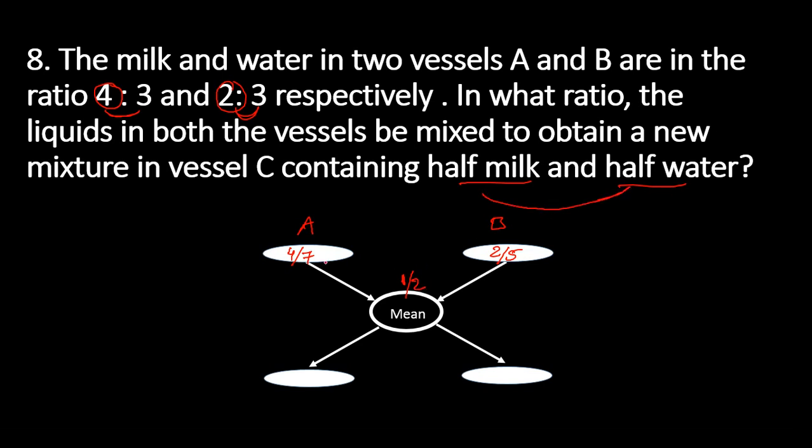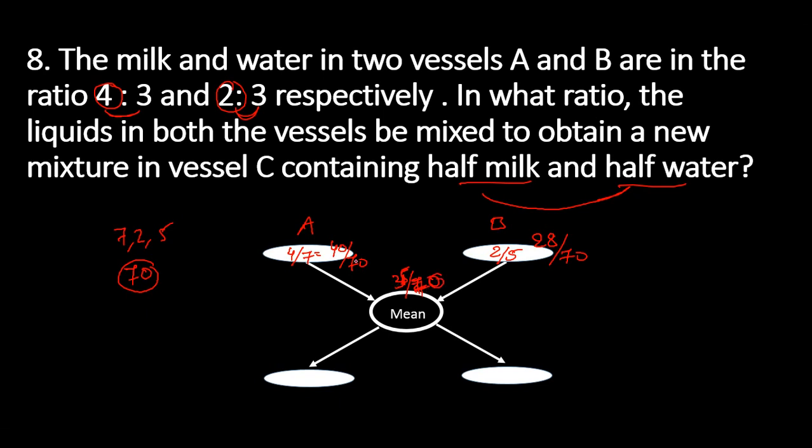Now again here, what are the numbers in the denominator? The numbers in the denominator are 7, 2, 5. Simply take the LCM. If you take LCM, you will get 70. Write this. A can be written as 40 by 70. Here 5 14s are 70, so B is 28 by 70. This can be written as 35 by 70. 1 by 2 can be written as 35 by 70.